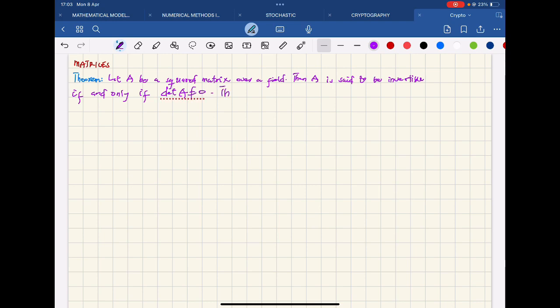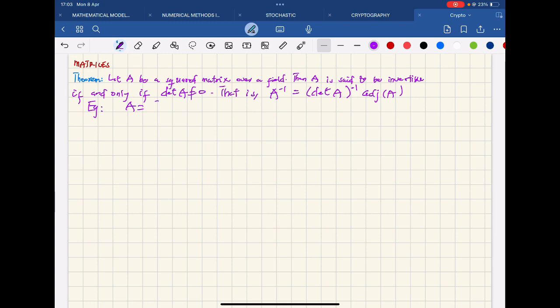That is, A inverse will be equal to the determinant of A, inverse, multiplying the adjoint of A. An example is,